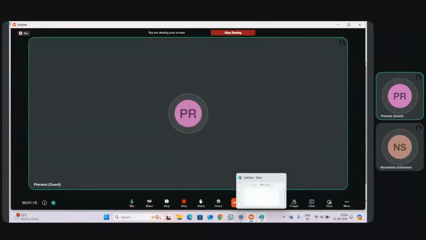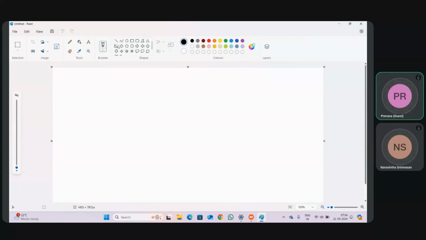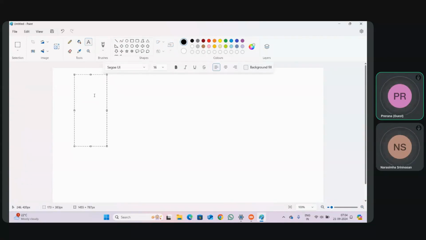My screen is visible, right? Yes, sir. So first let me conclude the drawbacks of the waterfall model. Once requirement collection and feasibility study are completed, the requirements are phased.